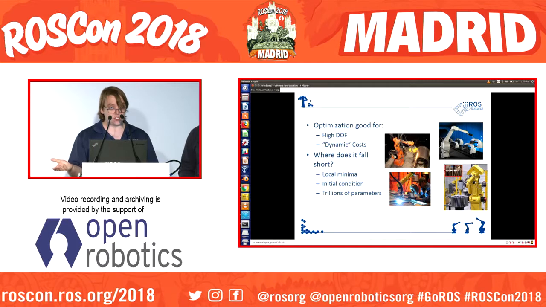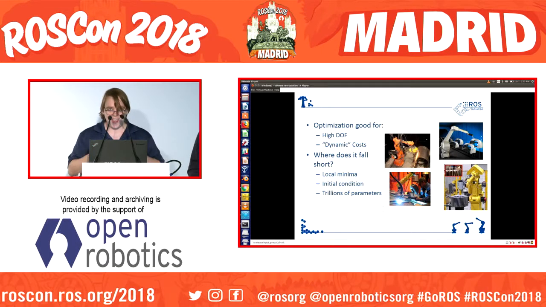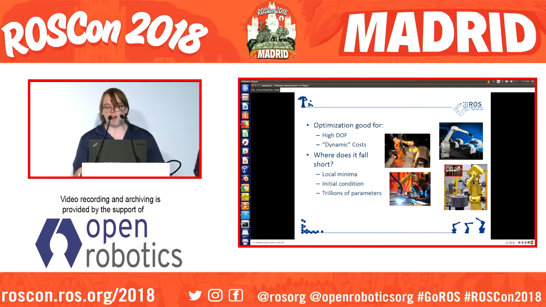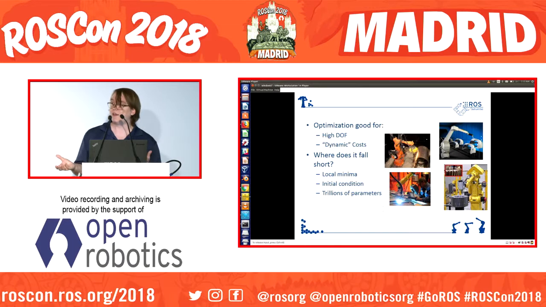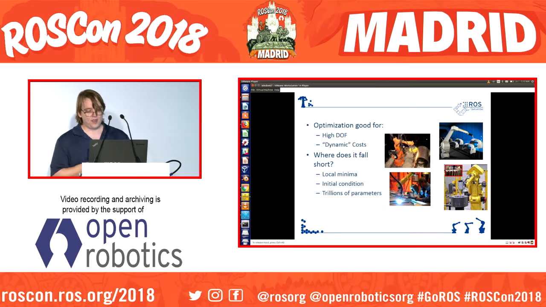So what is optimization good for? It's really good for high degree of freedom systems. There's this curse of dimensionality: if you have a large space to search, it very quickly becomes just totally intractable. The complexity of your algorithms explodes. RRT and Descartes and these other planners that we do have lots of issues with that. And like I mentioned earlier, optimization allows us to take into account a lot more dynamic costs, things like accelerations or velocities. But, and that's a big but,